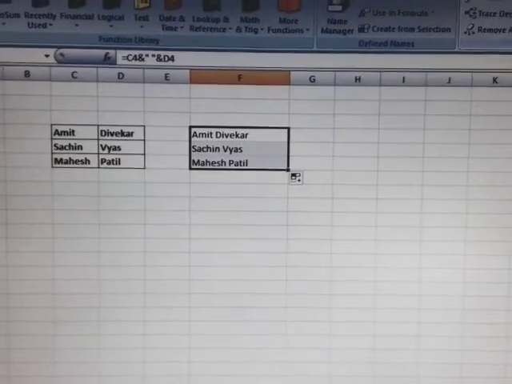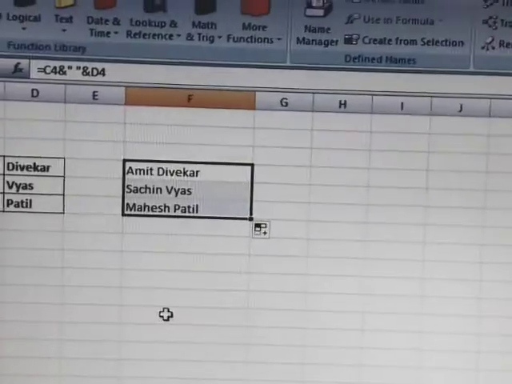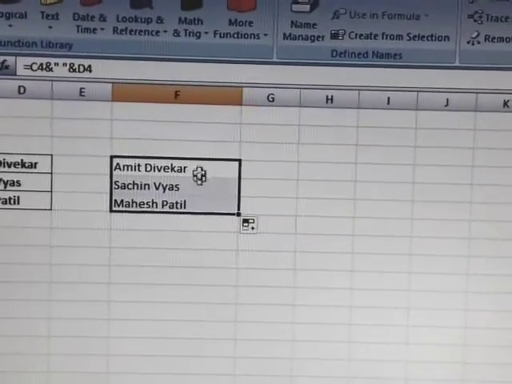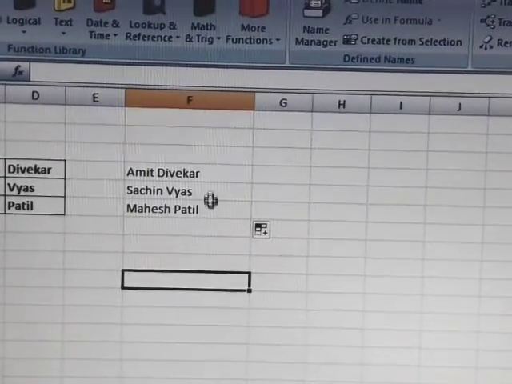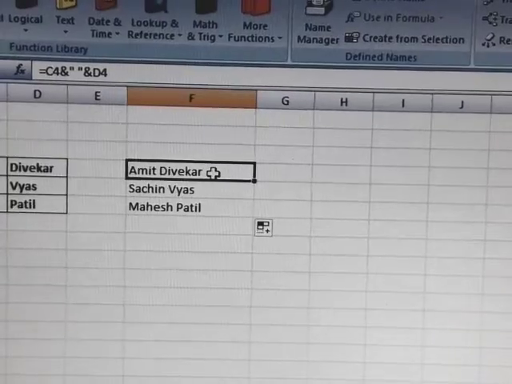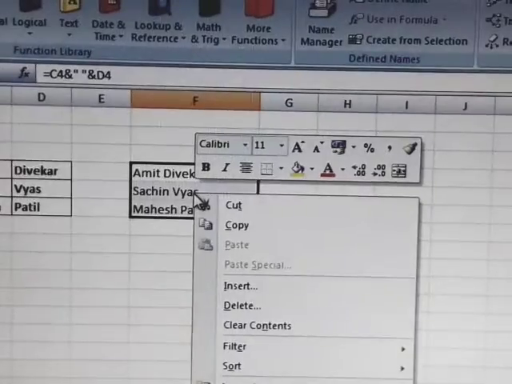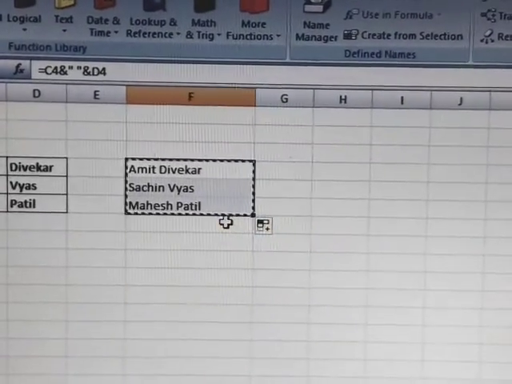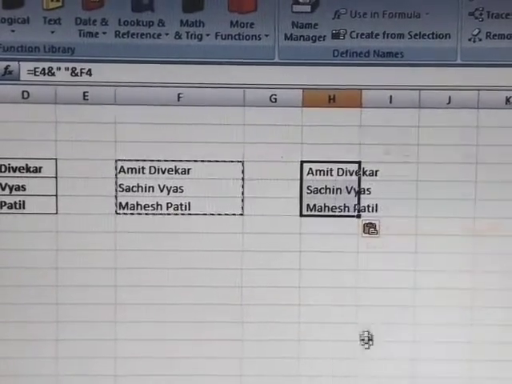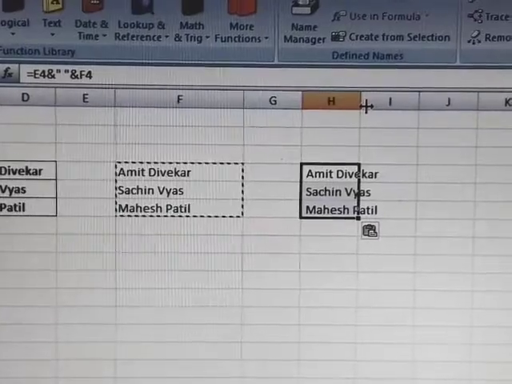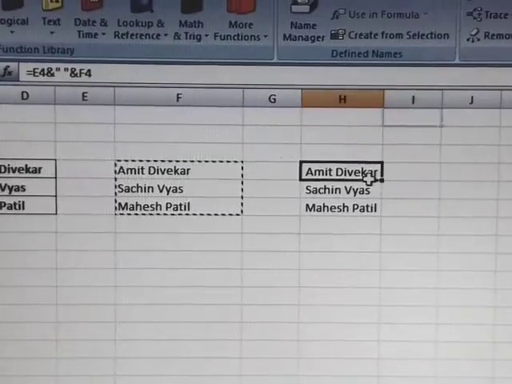Fine. Now let us see quickly what copy paste is. Dear students, I am going to copy these three cells F4, F5 and F6. How to select? Like this. Don't release the mouse button, drag. Now right click on it, select the Copy option, select three more cells, again right click and paste. You can observe now the data has been copied, the same data.